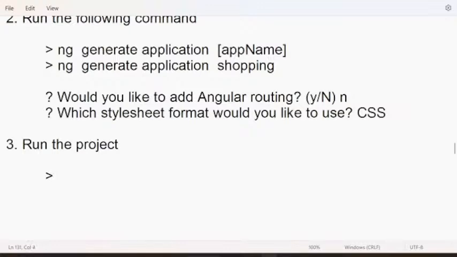Here you have to run ng serve --project=project name. Project name is shopping. So: ng serve --project=shopping. Because you are in a workspace, you have to tell which project to run, because there can be so many projects.